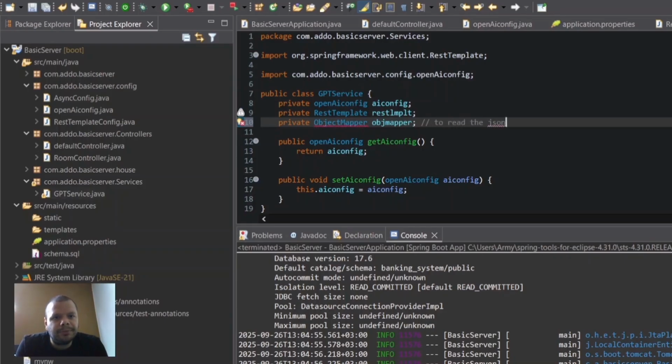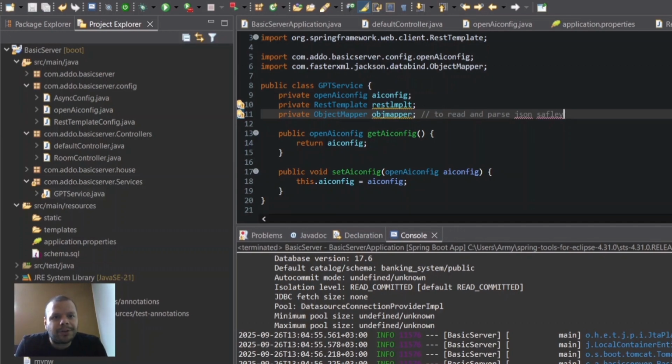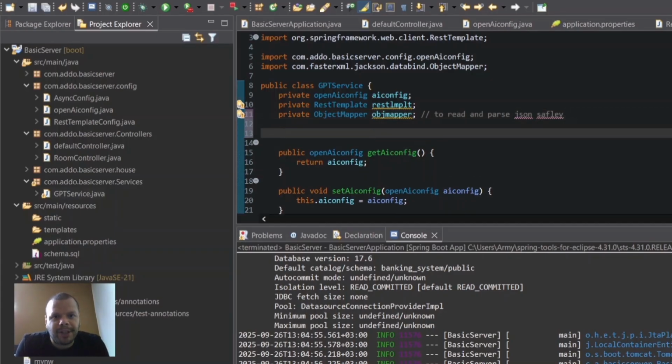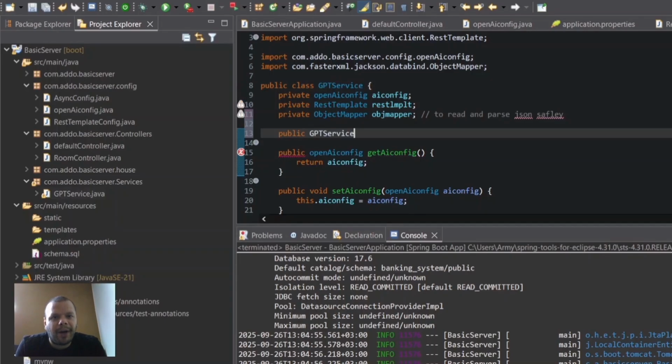I will just write a comment here to read the JSON, and I have to import it in my packages. So the reason I use object mapper is to read and parse this JSON data safely, so I don't risk by reading large information, for example. So I have to set those information, to set those variables, and I will later set them as final